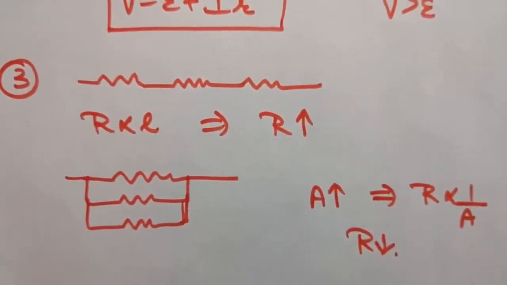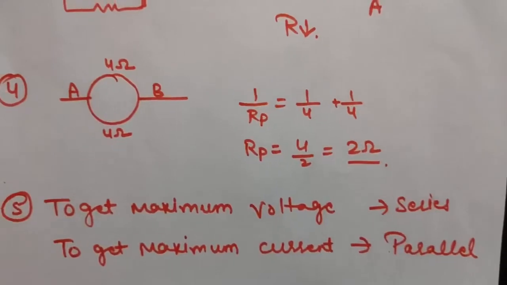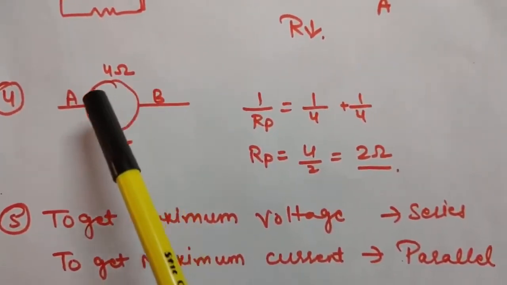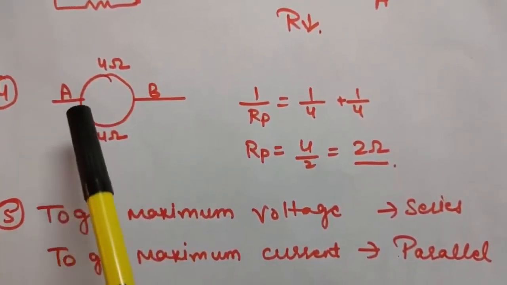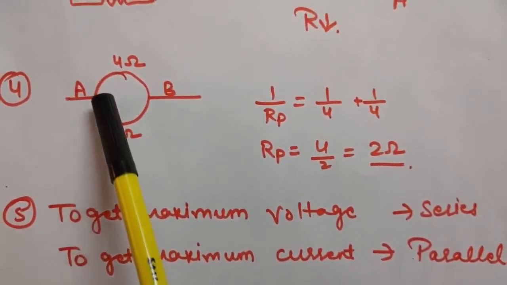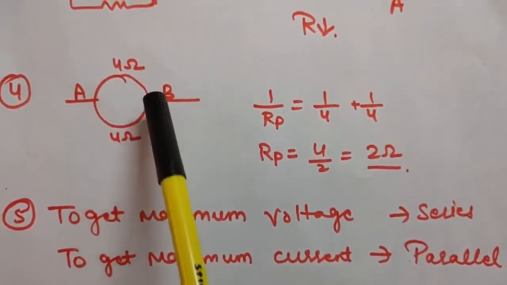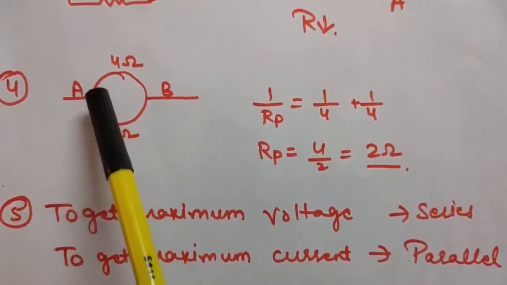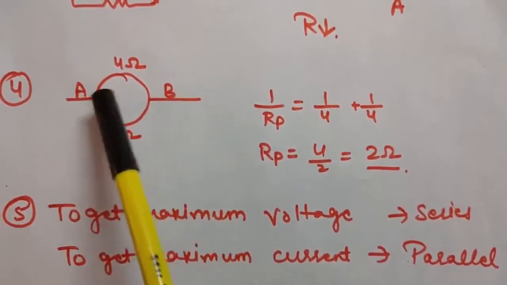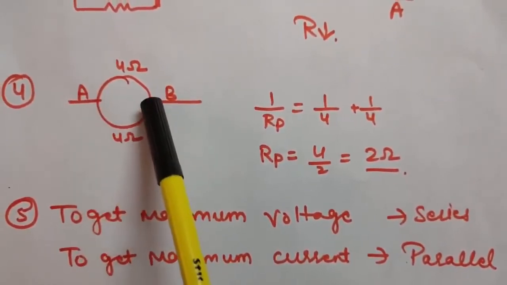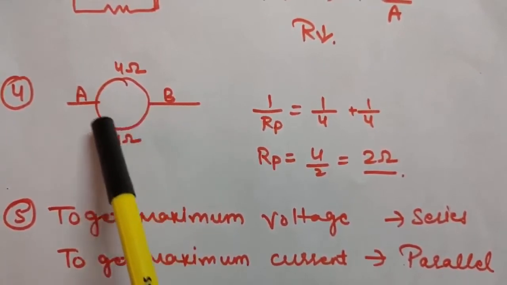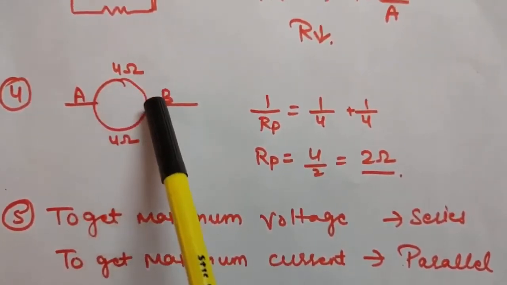In the fourth question, it is given that there is a wire of 8 ohm resistance and it is bent in the form of a circle. Then you have to calculate the equivalent resistance between A and B. Now, when you bend it in the form of a circle, you will have two parts between A and B, and because this AB is nothing but a diameter, these two parts will be equal. As the length is reduced to half, its resistance will be 8 by 2, that is 4. And the other part's resistance will also be 4.